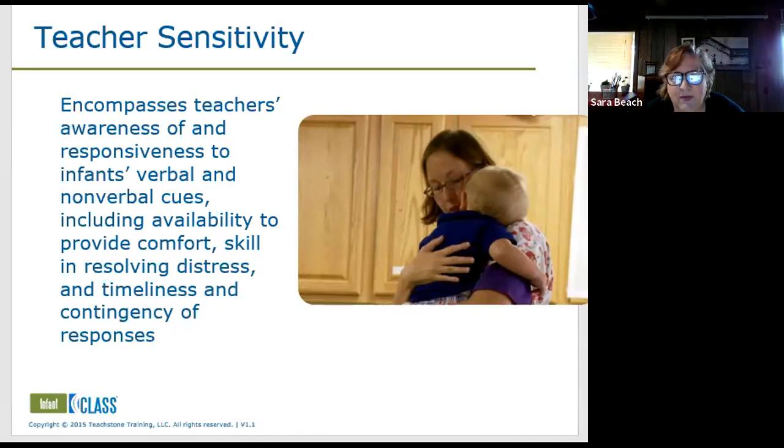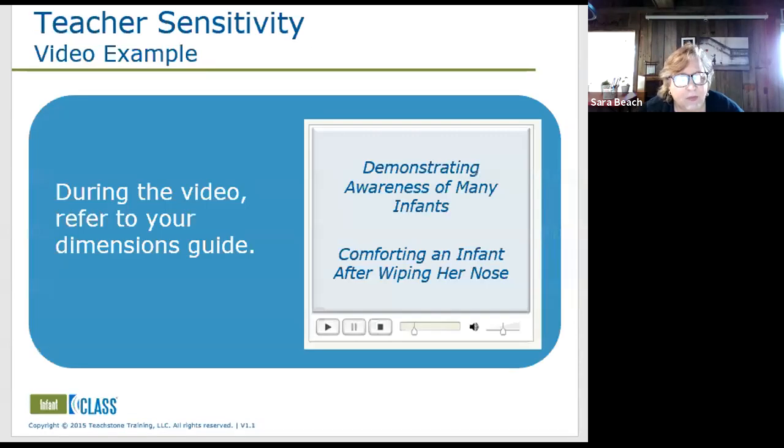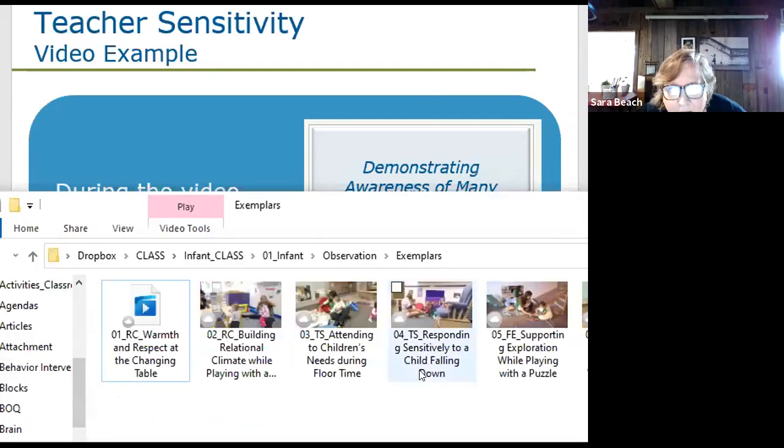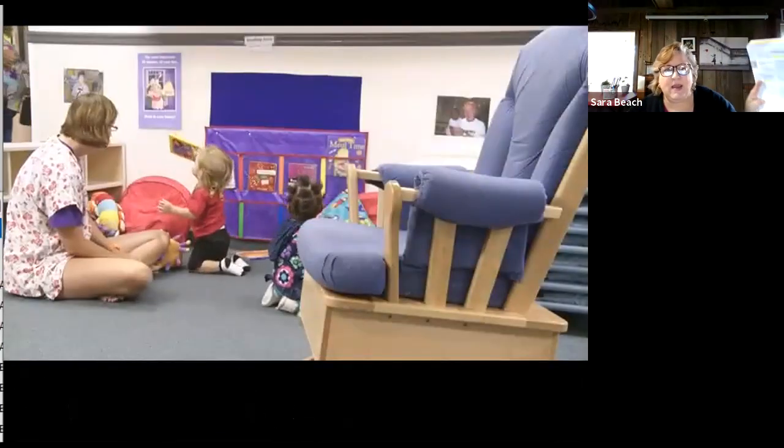They're used to having their needs met, and that teacher is sensitive with them. What you would see if they weren't is a lot more crying, a lot more distress, a lot more fussing, right? And they might even stay away from the teacher and not come up to her that much, right? They might keep their distance. So we do see the comfort level coming out when there's a sensitive teacher. Let's see an example of a sensitive teacher in this video, and keep your face page open so you can be looking for these behaviors.